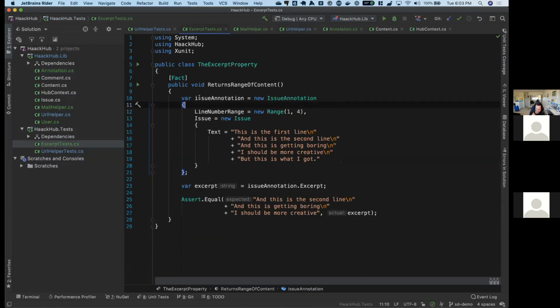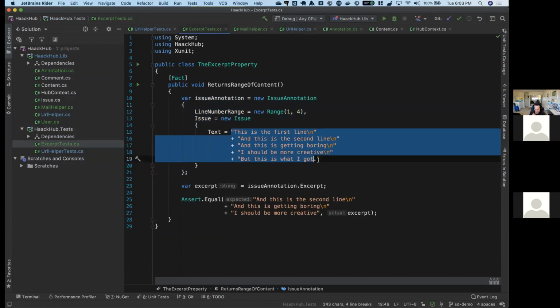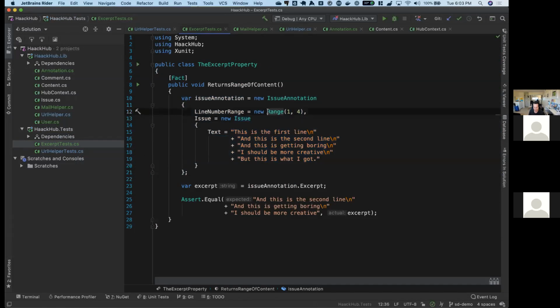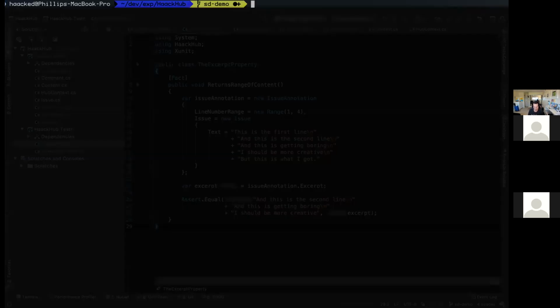So what this test is doing is we're going to create this issue annotation. Here's the text we're annotating, here's the text of the issue we're annotating, and here's the range of the text we're annotating. And so when I grab this excerpt, what I expect is, since we're doing 1 through 4, and note that this is a zero-based index, 1 is inclusive, 4 is exclusive, we expect this line, which is index 1, 2, and 3. So we expect these 3 lines to be in the excerpt. Now, when I run this test,